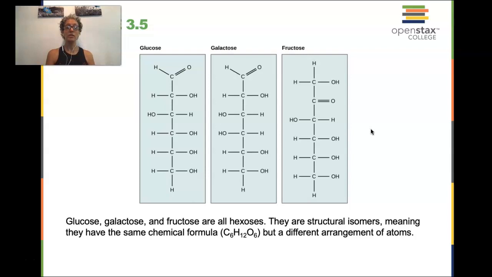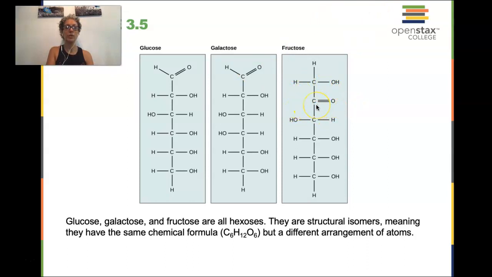Two different things to note. One of the things that's different is the carbonyl group. It is at the top on both glucose and galactose. So glucose and galactose are aldose sugars. They have an aldehyde carbonyl at the end. Fructose is a ketose sugar. It has a ketone